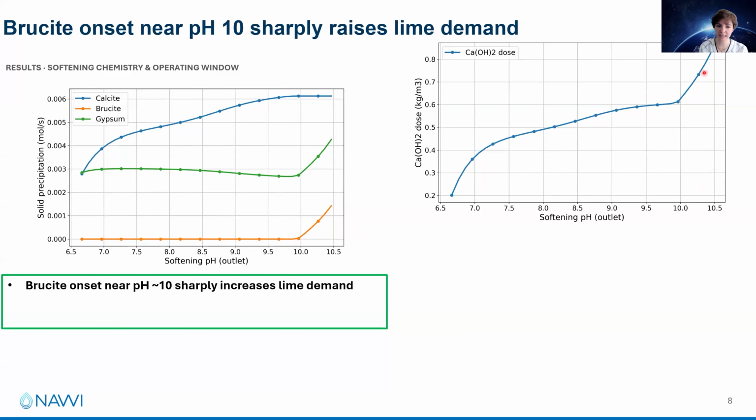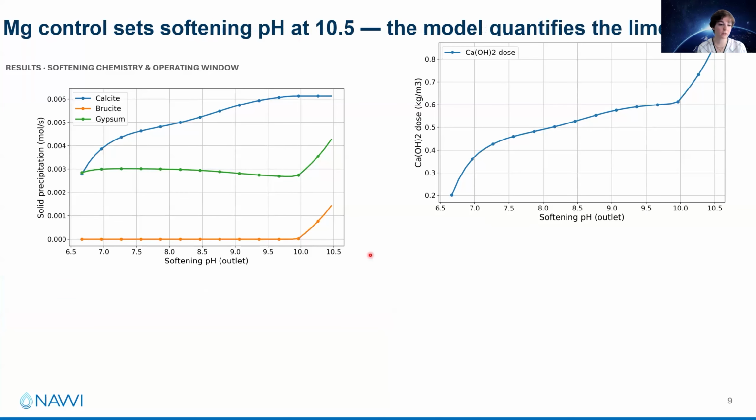And the reason that you're seeing this sharp jump in the slack line dose is that brucite uses double hydroxide when it wants to precipitate, and also for every unit pH increase, you need 10 times more hydroxide, which is a logarithmic correlation. So the beauty of this work is that, again, you can see the underlying reason behind that as well when running WaterTAP integrated with chemistry and drawing. So let's go